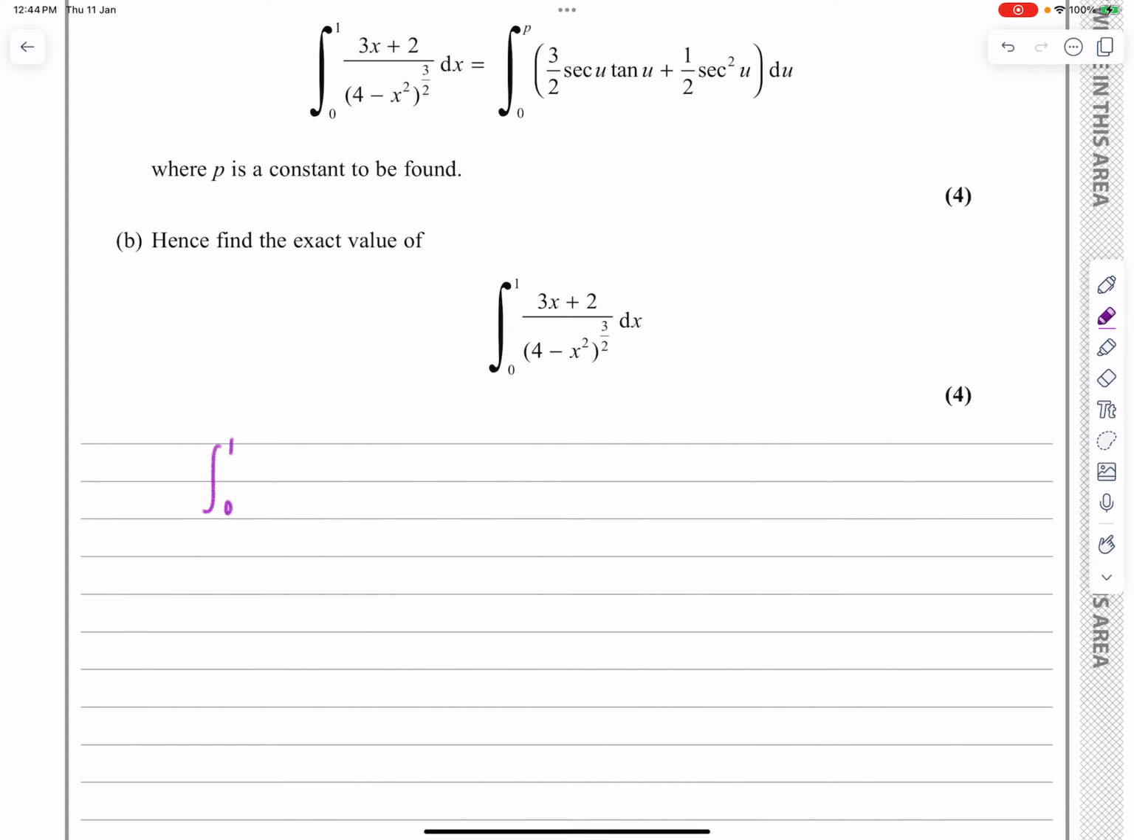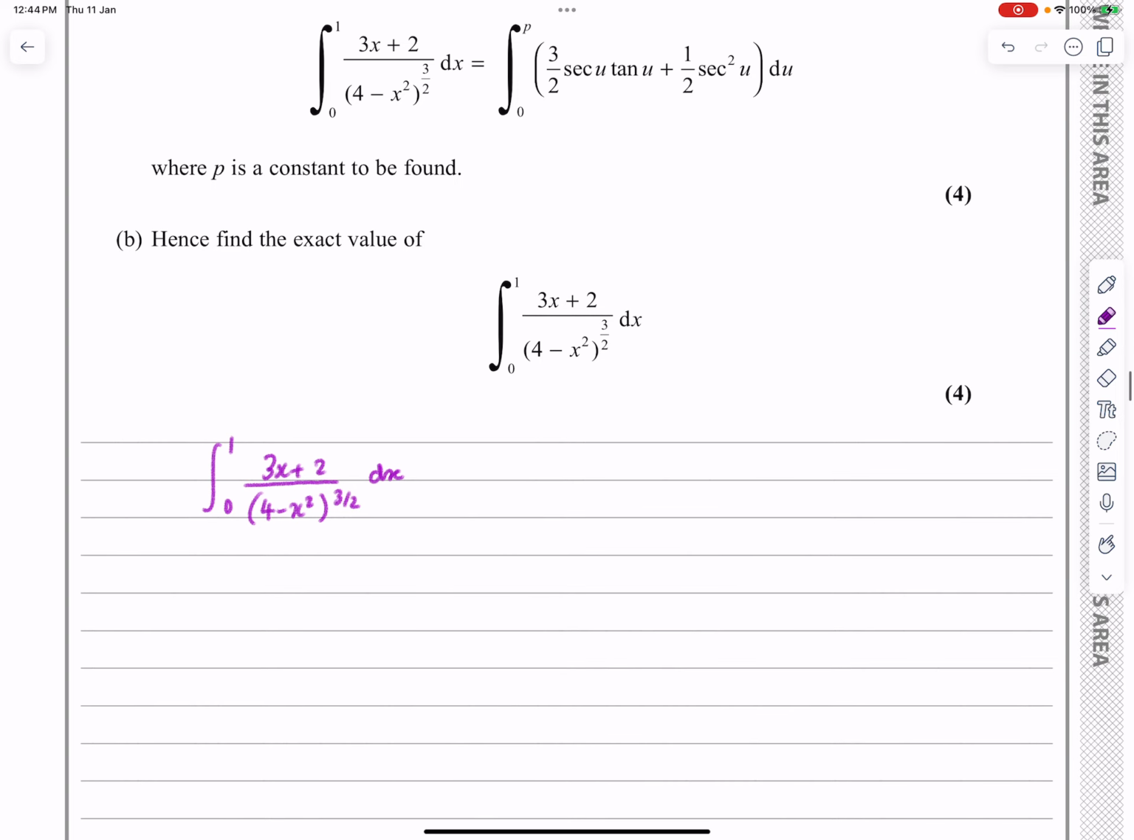Let's put the question in. 3x plus 2 over 4 minus x squared to the 3 over 2 dx, explaining exactly how you're going to be doing it. So I tend to try and sort out limits first. So if I'm looking at this one, I'm going to look at the limits